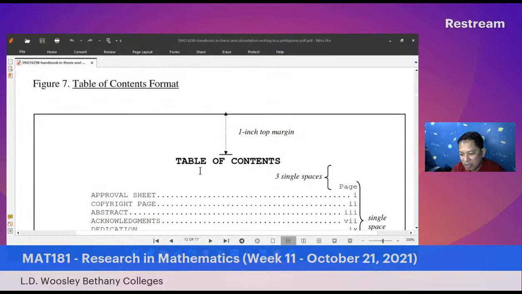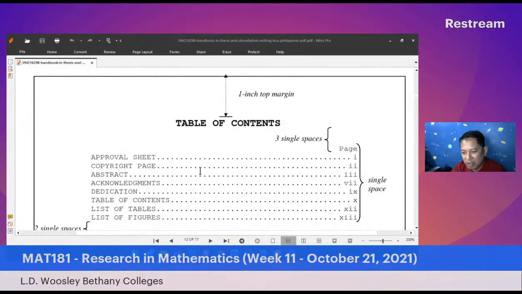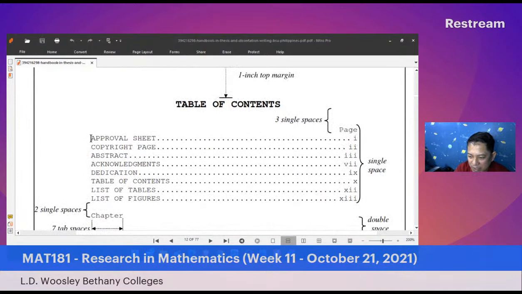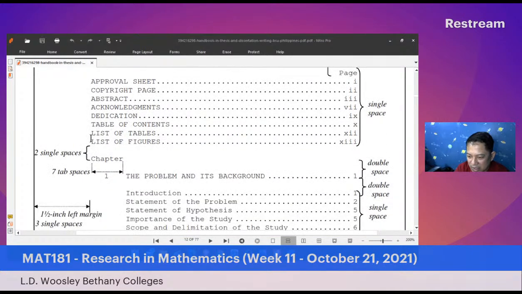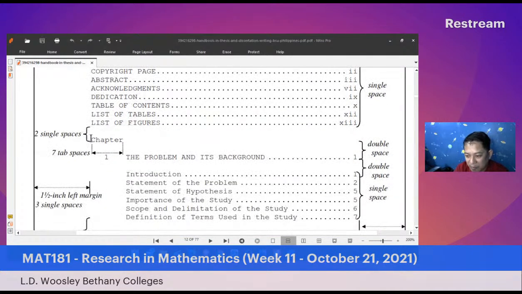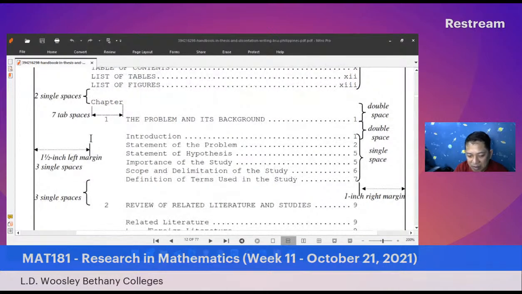There are examples here. So this is the example of your table of contents. This is your preliminary part or the front matter. Then starting with chapter 1, we have the problem and its background and what composes the problem. We have the introduction. Later on, if we have time, I would look into some of a checklist on how we could say whether you accomplished, you could have written correctly those parts, no, or efficiently,